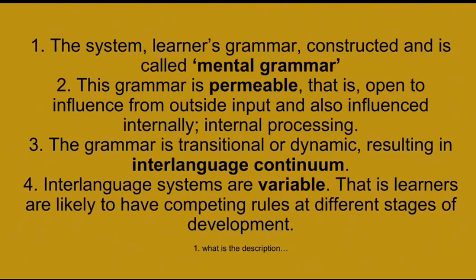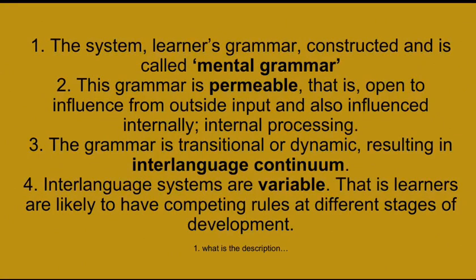Okay, so when we talk about mental grammar, we mean deliberately developing that grammar as opposed to universal grammar, which is an innate ability. So while we have mental grammar, we also have universal grammar. While universal grammar is innate, mental grammar is more deliberate. Okay, so that's what we mean by mental grammar, an internalized system of rules and structure. It's often contrasted with linguistic performance, which is the actual use of language.